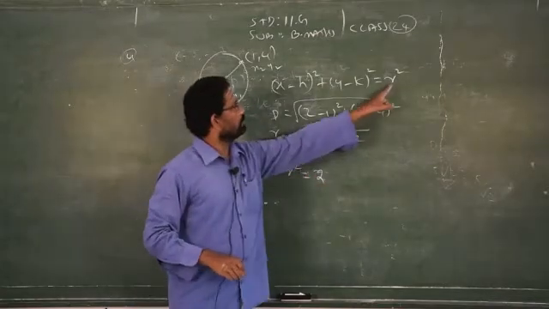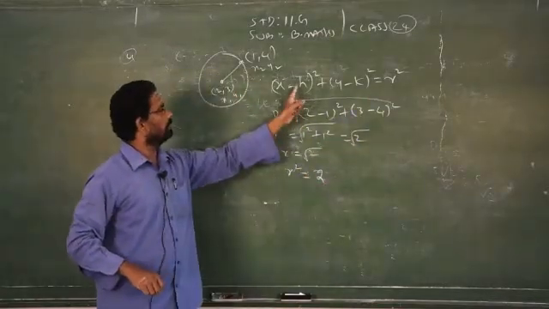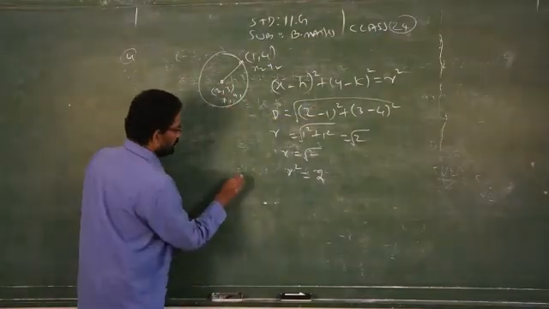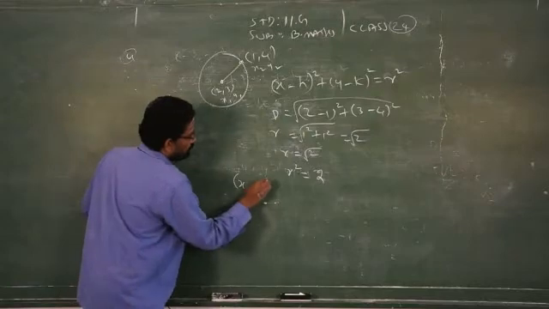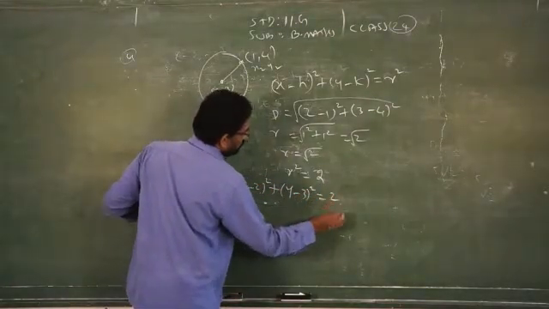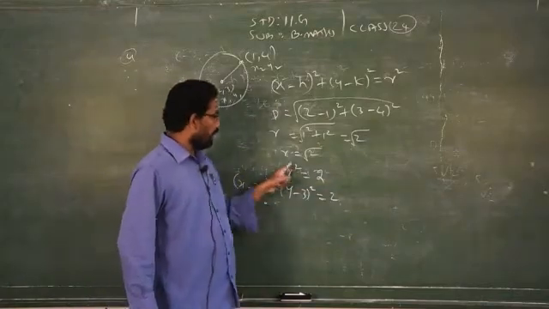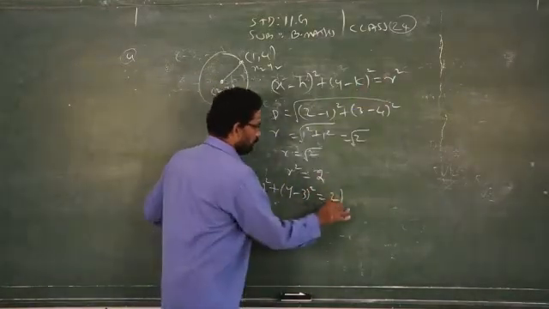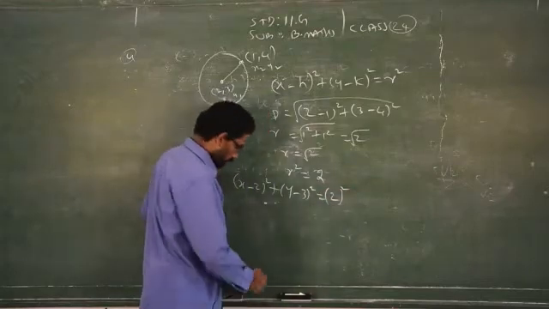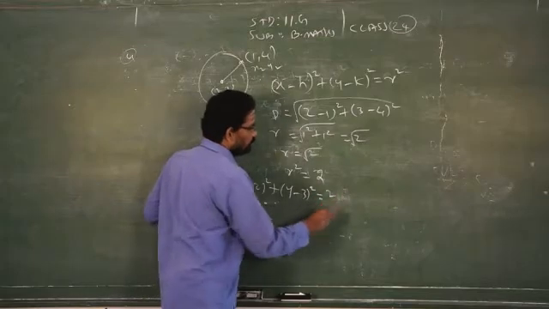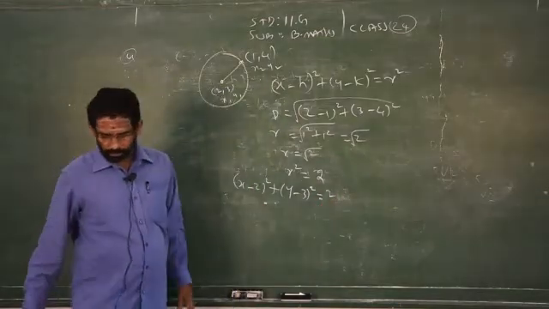So just you have to substitute in the place of R square by 2 and replace H by 2 and K by 3. You will get answer, that is x minus 2 the whole square, y minus 3 the whole square is equal to 2. Don't square 2 again. R square is 2. Some of you are making mistakes like 2 square, that is wrong, because it is given R square itself 2. So just you have to expand and simplify, you will get answer.